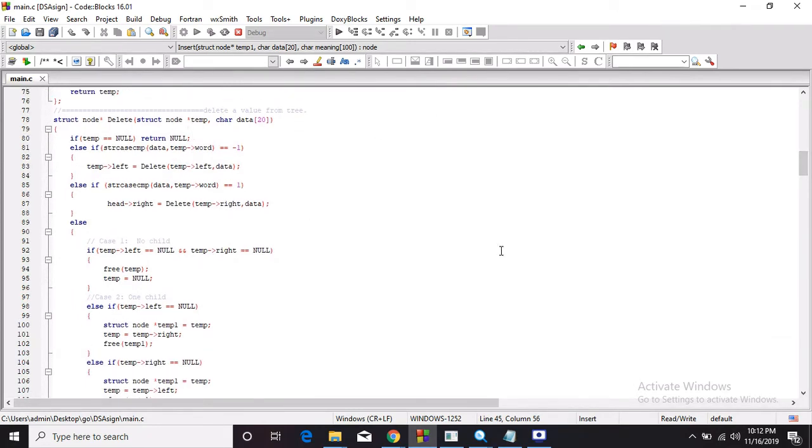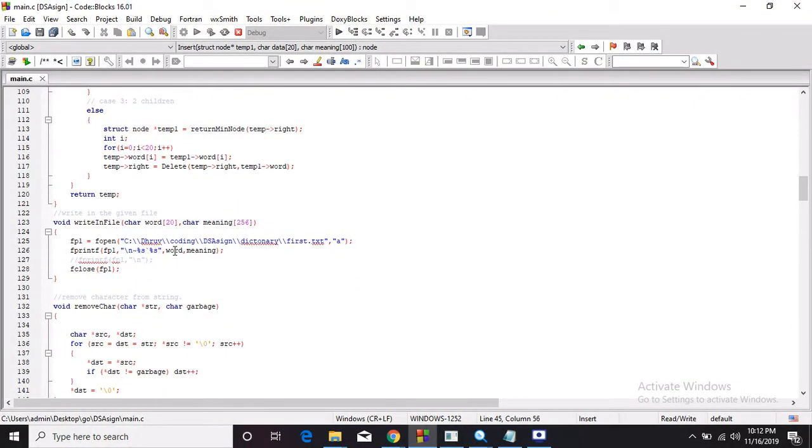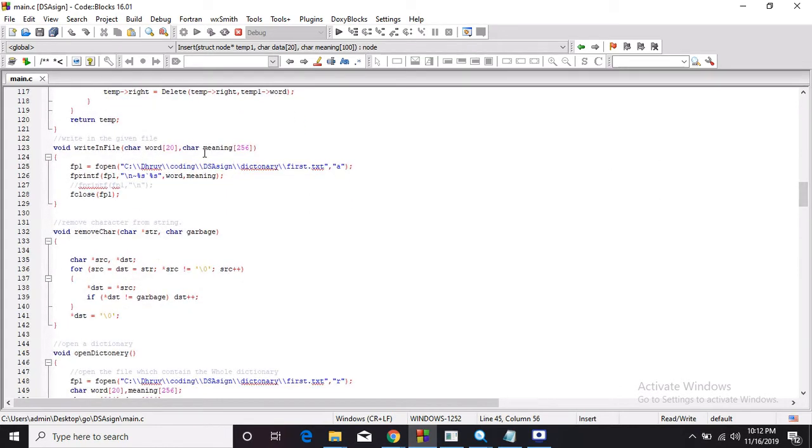Write in file. Write in file is a function which is used to write a given node into the file. It is called by the insert function. In this, we open the file in append mode, and we write the newly created node into it.